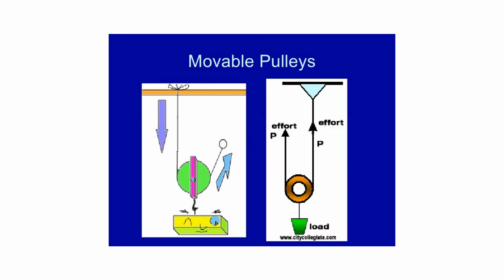These are the figures showing movable pulleys. Now, in movable pulleys, one end of the string is fixed. Already I told you that. See here, this is the side. The string is fixed to this rigid support, and here also the string is fixed to the rigid support. And now this is the movable pulley. This is also a movable pulley, and the load is hanging from the movable pulley with the help of a hook. And on this side the effort is acting. Here also on this side the effort is acting.